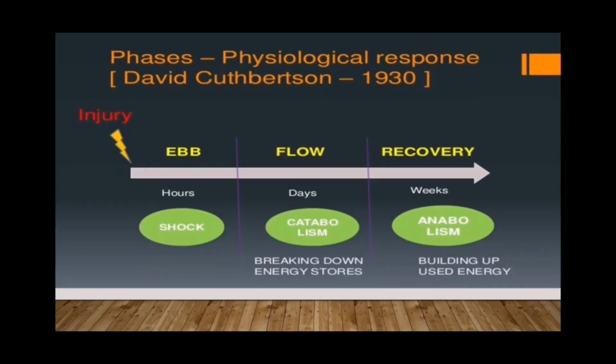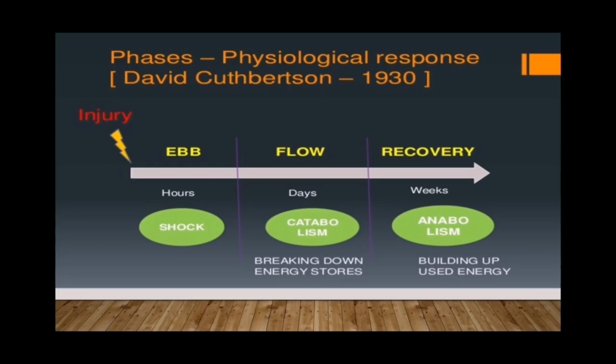Phases of physiological response by David Cuthbertson in 1930. If the injury occurs, the first phase which follows is the ebb phase. After the finishing of the ebb phase, we have the flow phase, which goes up to days. After the flow phase, we have the recovery phase. Ebb phase means shock, and we have hypovolemia, hypothermia, and in the flow phase we have the catabolism phase,